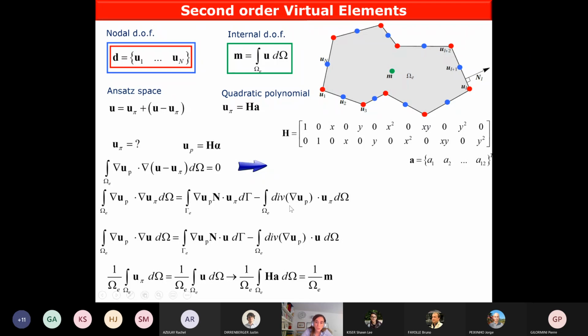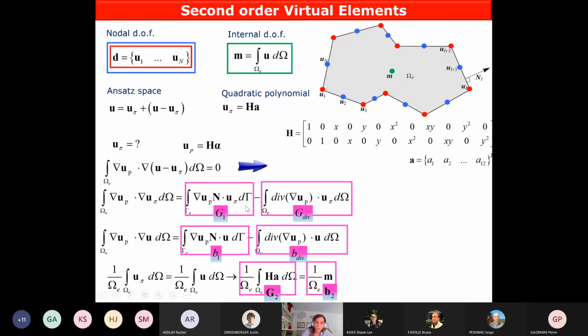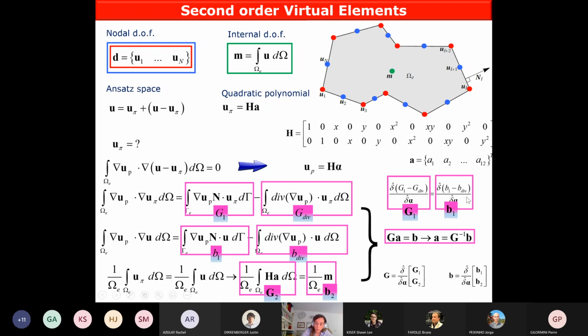In particular, these equations, defining these terms with the names I put here, can be further manipulated, and exploiting the automatic differentiation techniques available in ACE-Gen, it is possible to define